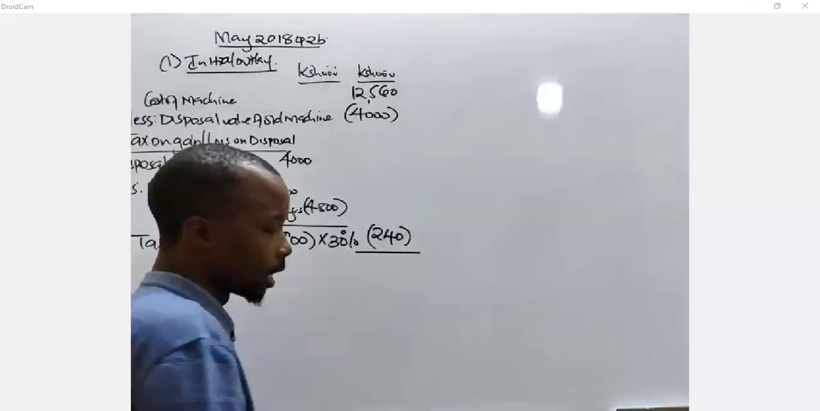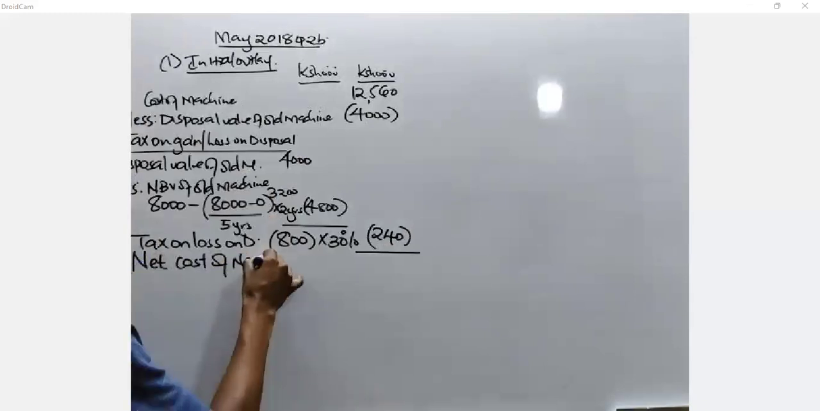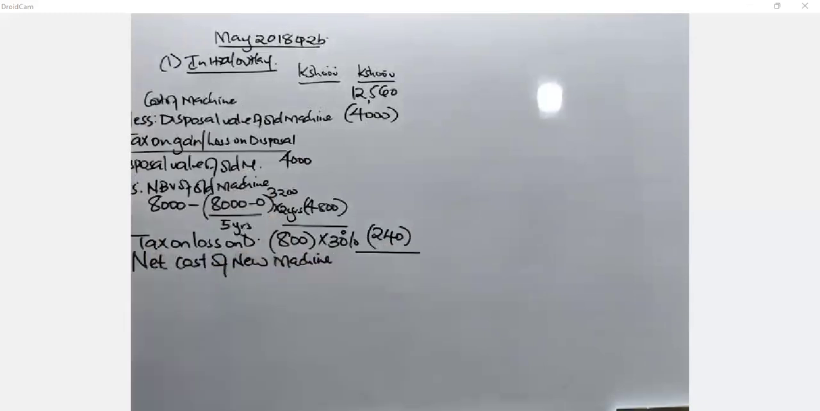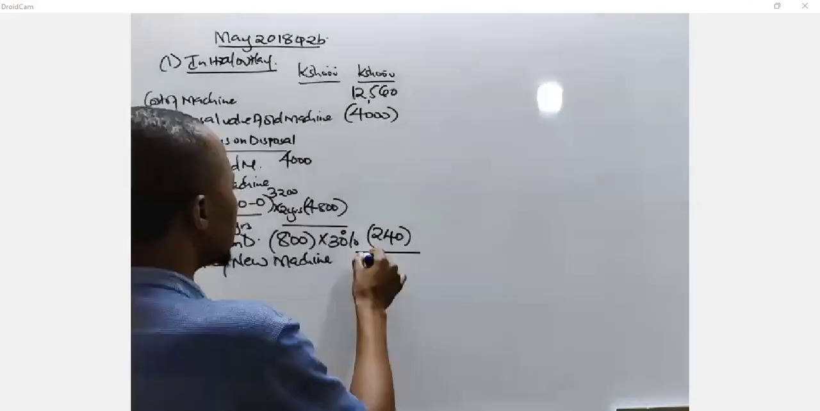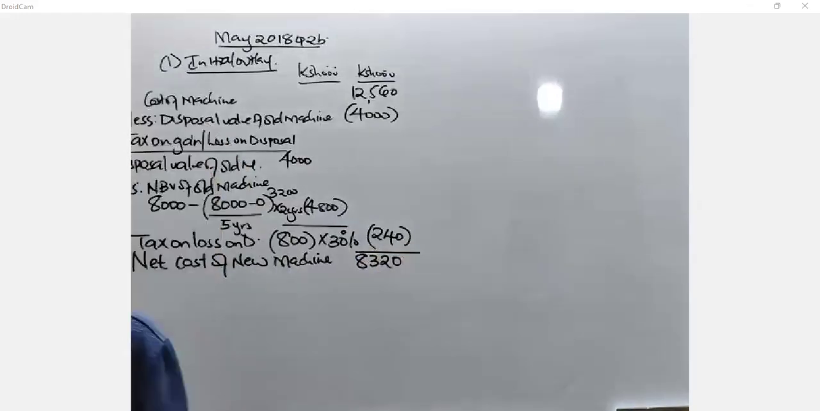So at this point, what are we supposed to be getting now? We get the net cost of the new machine. How much is it? We are going to have 12,560 minus 4,000 minus 240. You are getting 8,320. Then now we are going to be adding investments